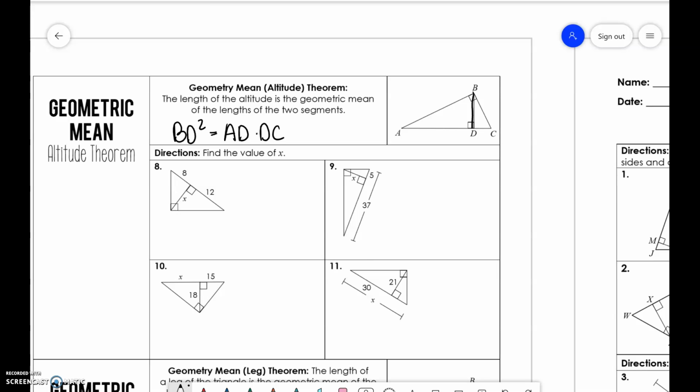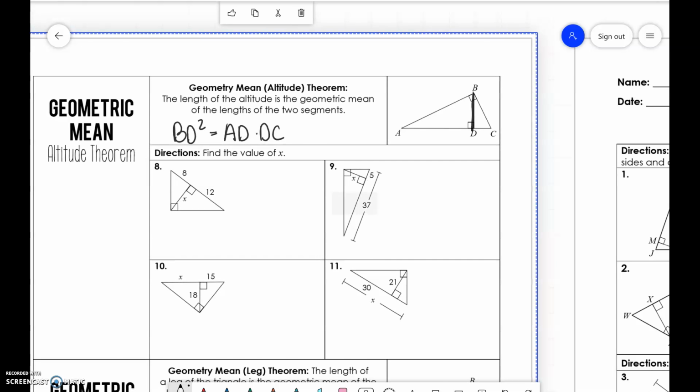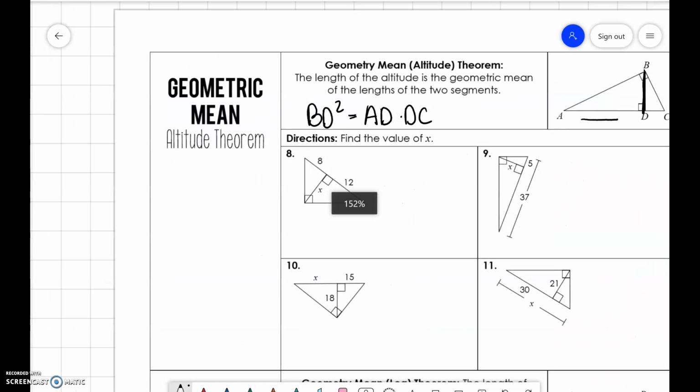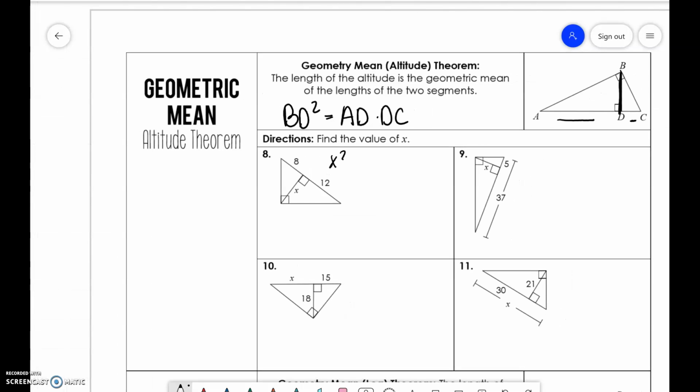So that means this altitude squared is equal to this leg and this leg multiplied together, okay? So if we look at this for number 8, we're saying that x squared is equal to 8 times 12. So 8 times 12 is 96. Take the square root of 96, and we get,